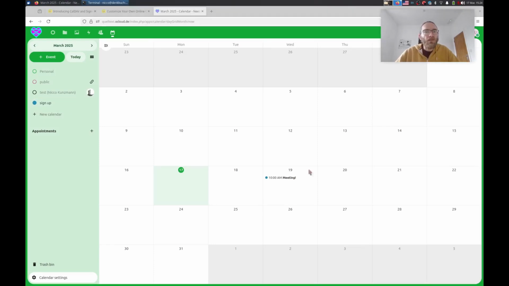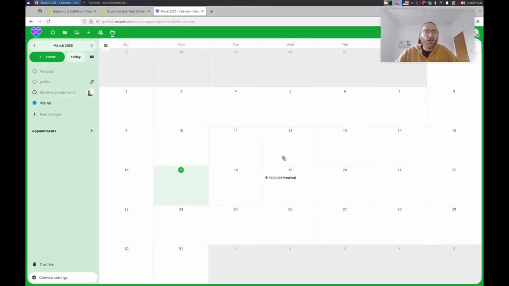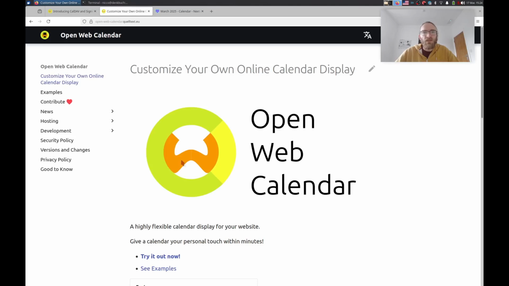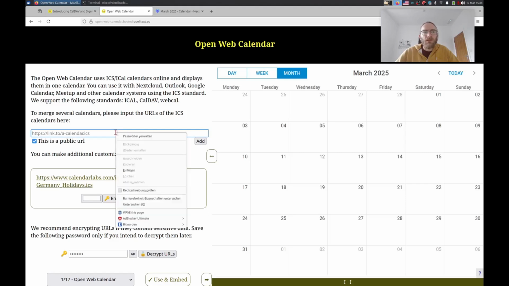So what happens now is that we share the calendar. Click on the calendar, on edit, and we copy the internal link because that is a CalDAV link. With that link, we head over to the Open Web Calendar. You can find the link to the website below, and we try it out. We can paste this link